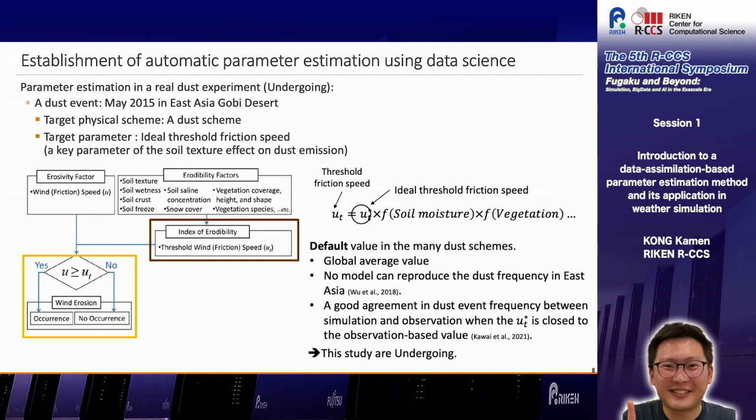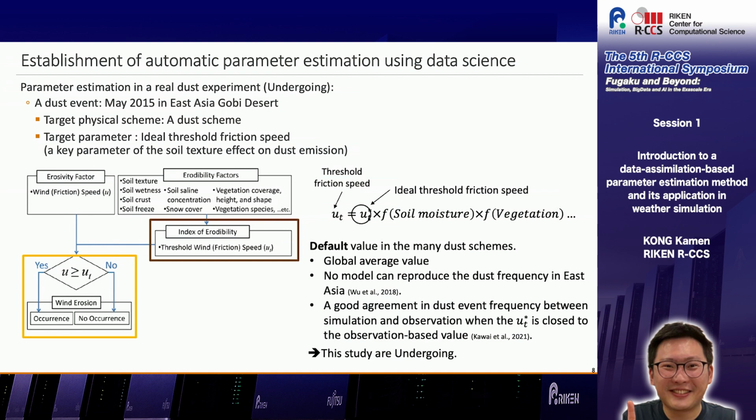These land surface conditions are parameterized, for example, the soil texture, soil moisture, and vegetation. Here, in our experiment, we try to estimate the ideal threshold wind speed parameter, because it is a key parameter of the soil texture's effect on